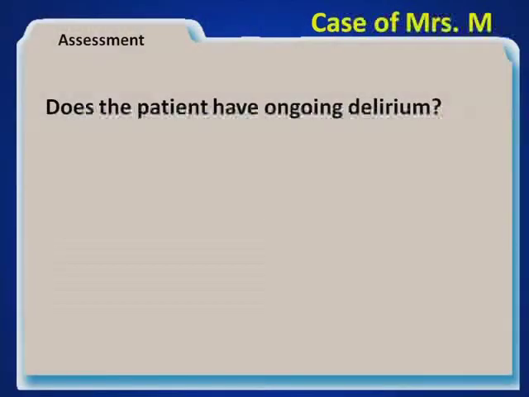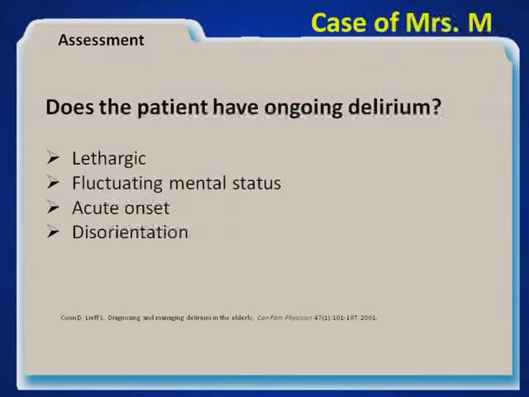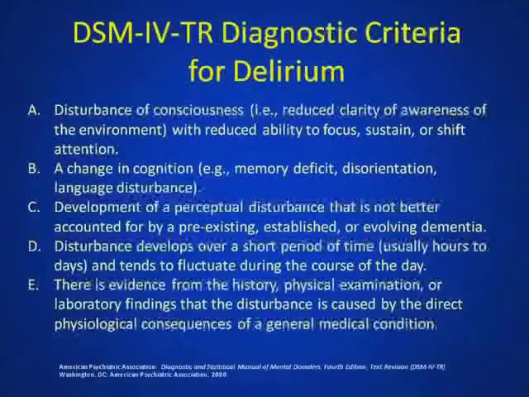Which brings us to this question: does Mrs. M have an ongoing delirium? She's lethargic, she has fluctuating mental status, she had an acute onset of her symptoms, and she does in fact have disorientation. When we look at the DSM-4-TR criteria for delirium, we see that it is a disturbance of consciousness